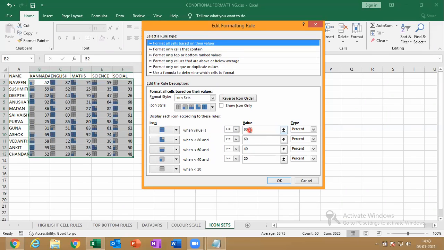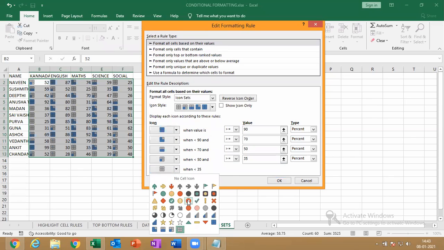So values that are greater than 90, we can change it, get 4. Greater than or equal to 70 is 3. On 50, 2. On greater than 35, 1. On lesser than 20, nothing. So they are failed.